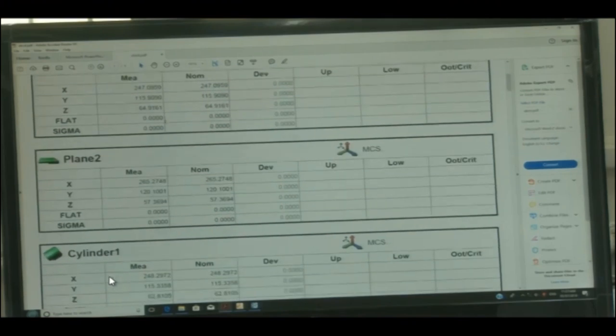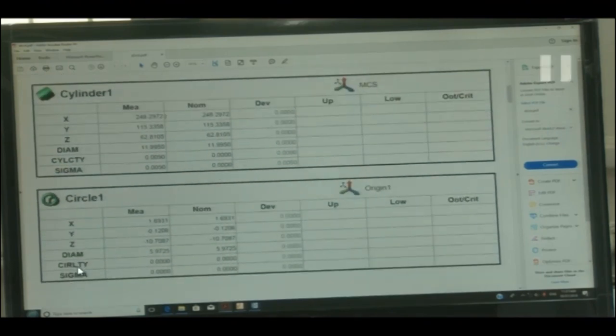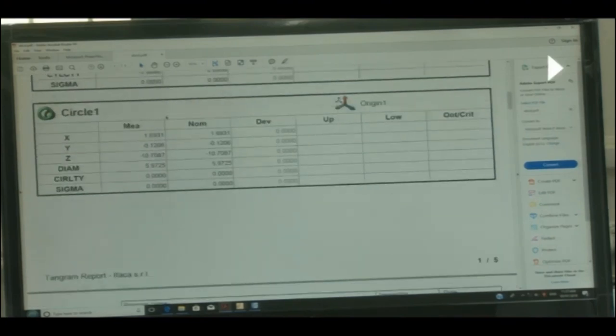For the cylinder, we have x, y, z, diameter of the cylinder, cylindricity is close to 0, then the sigma value for that. Then for the circle, circularity is also 0, like it is a perfect circle. So, x, y and z coordinates, and diameter of the circle, it is 6 mm dia. So, it is showing quite close to 6, and this is 12 mm dia. So, this is 11.99, quite close to 12 mm.